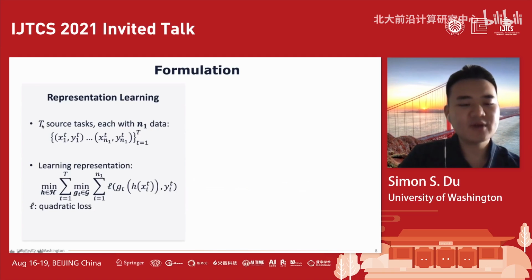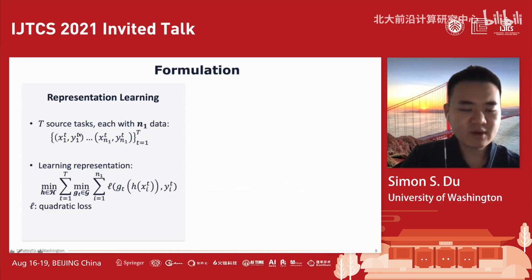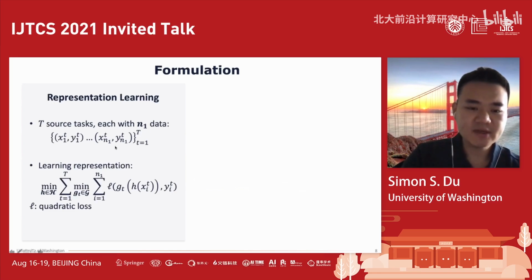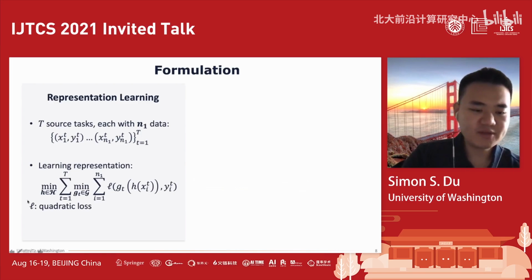Let's say for each source task, we have N1 data, and we will denote this X1T, Y1T. So this is one pair of data, up to XN1T, YN1T. In total, T is from 1 to big T. So these are the data from the source tasks. And then, to learn the representation, we'll solve this